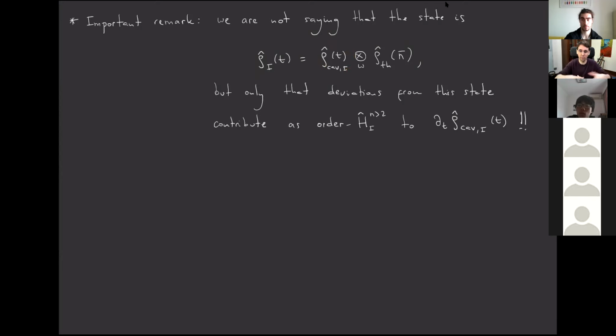So the equation that we find at the end will tell us that starting from any state, for example, from a pure state, maybe the cavity was initially in vacuum or whatever, then the evolution will drive you into a mixed state. In particular, for long times, you will be in a thermal state, as we saw in the Heisenberg